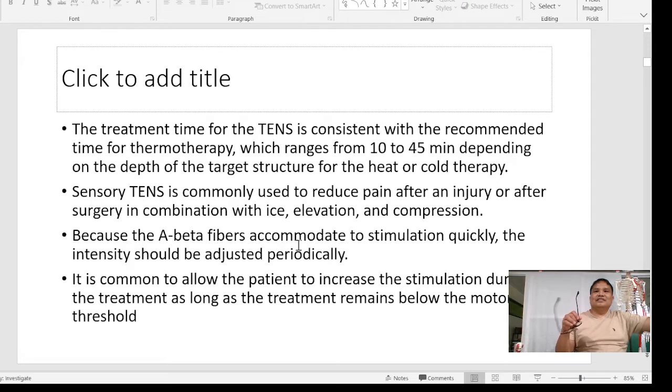Okay, but since the A beta fibers accommodate to stimulation quickly, usually the conventional type of TENS, which is continuous, should be adjusted periodically. When you say adjusted periodically, you don't just set it to one setting. You have to adjust or change the setting. Maybe you decrease the amount of intensity or